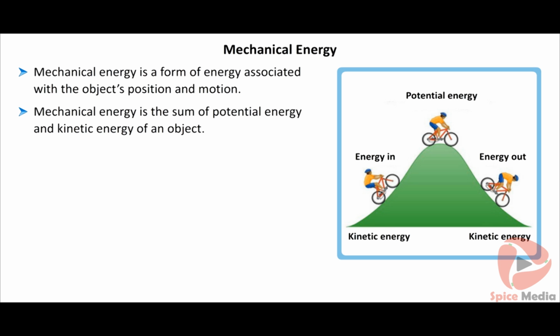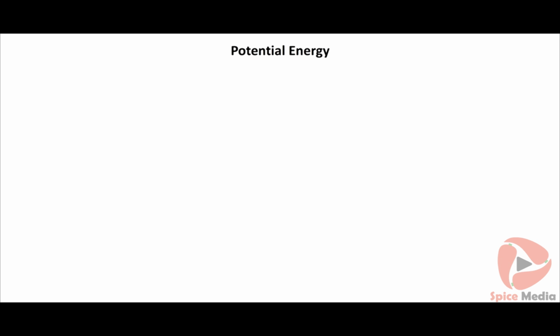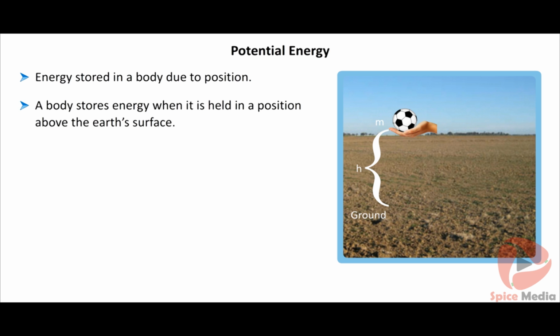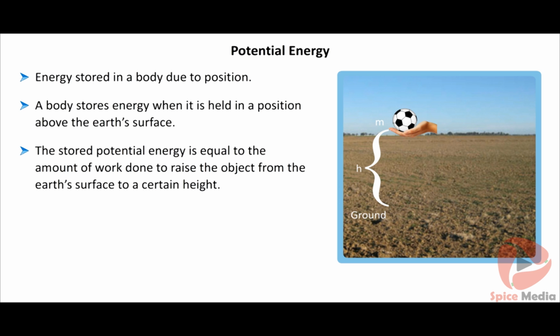Let us learn about potential and kinetic energy in detail. Potential energy is the energy stored in a body due to its position. It depends on how high the object is from the surface of the earth. A body stores energy when it is held in a position above the earth's surface. The stored potential energy is equal to the amount of work done to raise the object from the earth's surface